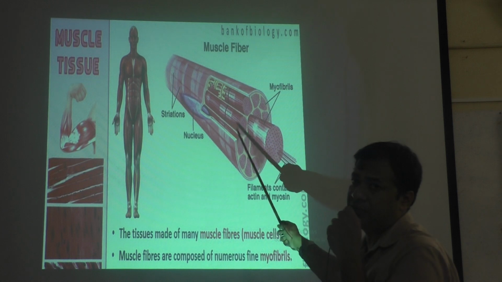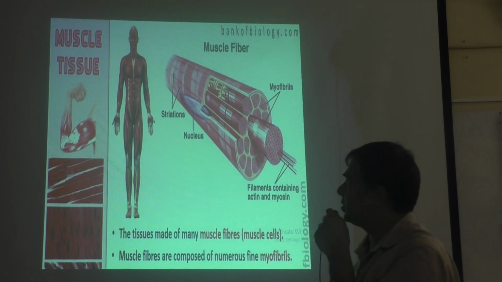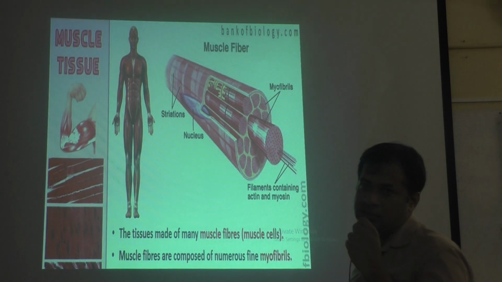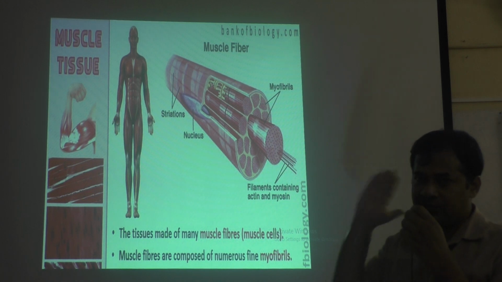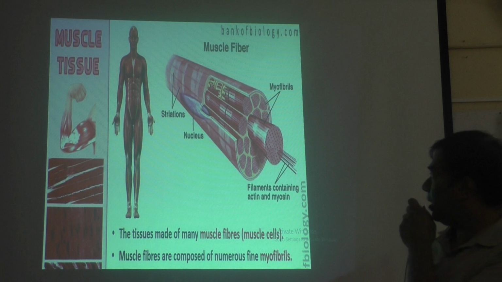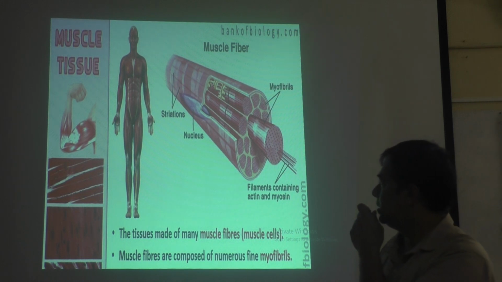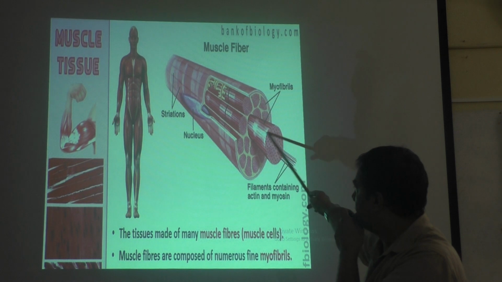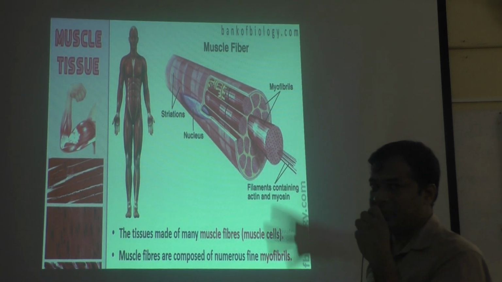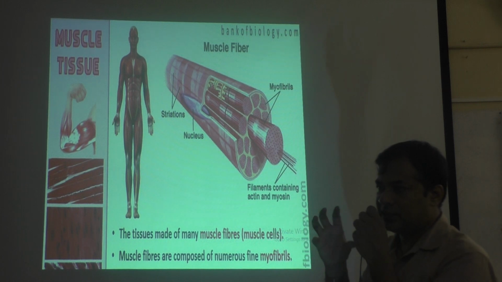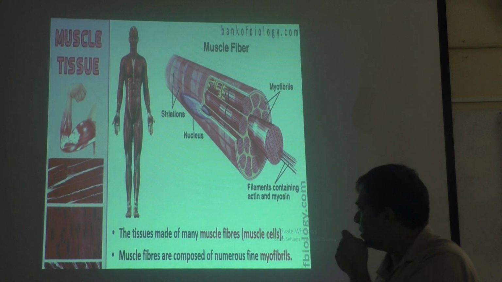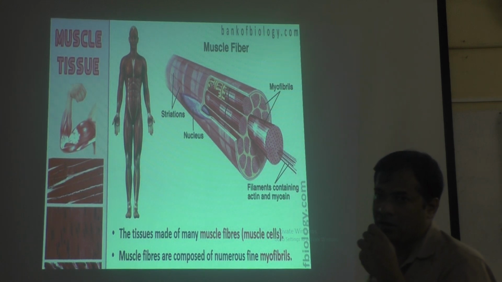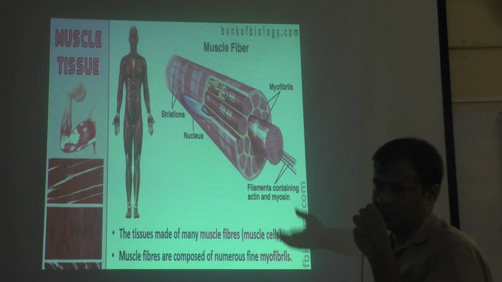Inside the muscle tissue, it will have a long thread-like structure, that is called myofibrils. Fibril means thread-like structure. One muscle cell, if you cut in the center and see what is there inside, it will have many bundles. You can see this is one bundle now. Like that, many bundles are there. Bundle means a group of threads. Many stick-like structures are there. Each one is called myofibril. A bunch of myofibrils is actually called fascia.